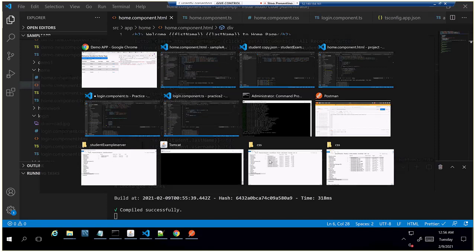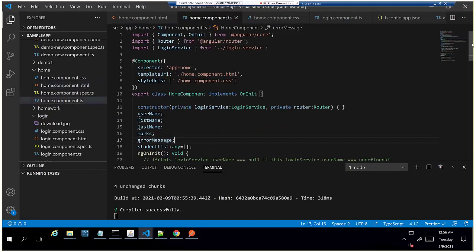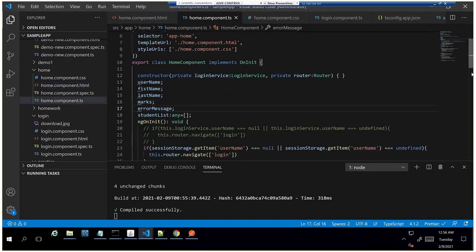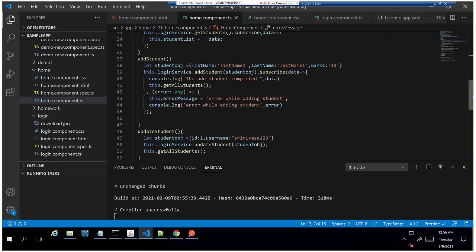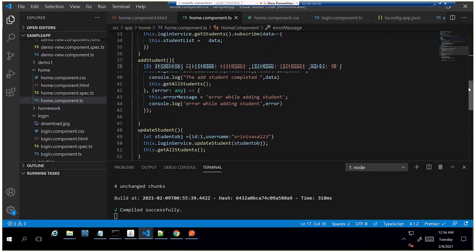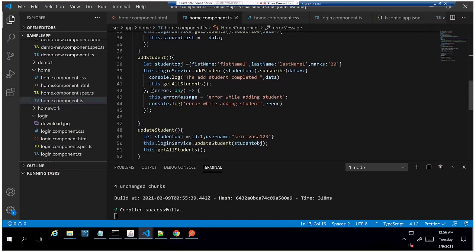Yeah. So this is the error case. In most of the cases, what we'll do is we'll not write this error method every time. Once we get the error, we write a common method for all the REST APIs. From here, we'll throw one error message, similar to this handle error message, handle notify.